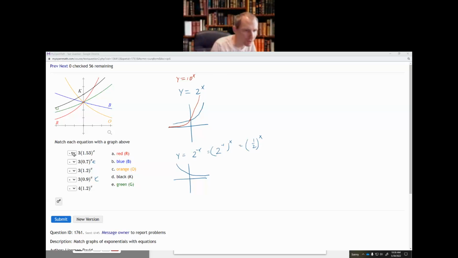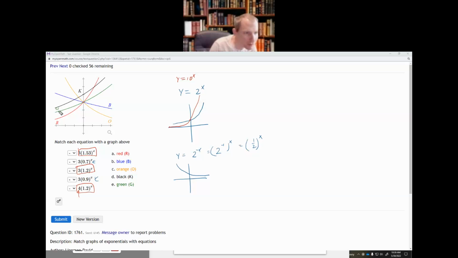Okay. So if I look at my three that have a base that are, well, let's just compare these two real quick. If I compare these two, this top one has a bigger base, so it's going to go up more steeply. Now, how do I compare those two with this one? Well, if I compare 3 times 1.2^x and 4 times 1.2^x, they have the same base, but here I'm multiplying by a bigger number. Where that's going to make a difference is when x is 0, right? When x is 0, it doesn't matter what the base is, I'm going to get 1. So this graph here is going to have a y-intercept of 4 instead of 3. And the only one that does that is this g,